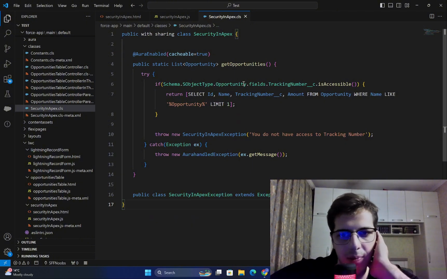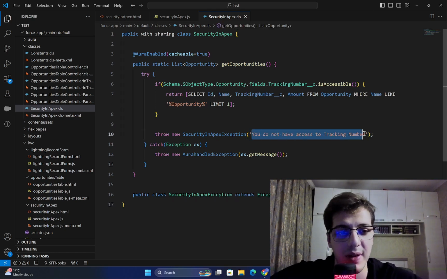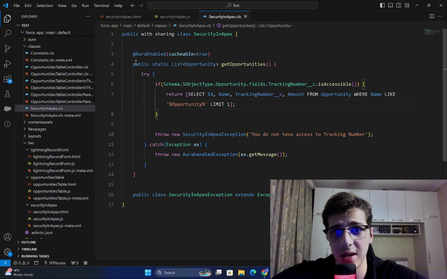So what happens here, and why am I getting that error? When I'm refreshing the page, I see "You do not have access to tracking number" when logged in as the pink elephant user. Okay, so as you can see here,